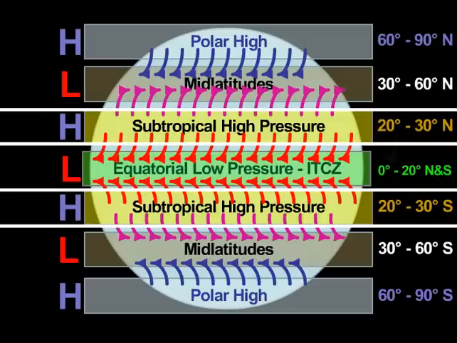Video lecture 3.5, the subtropical high pressure. So coming out of the subtropical high pressure in both the northern and southern hemisphere, we have these arrows. And if you look at the one in the northern hemisphere, they're around roughly 20 to 30 degrees north. We can see that the winds come out of the subtropical high pressure, but then those winds go into